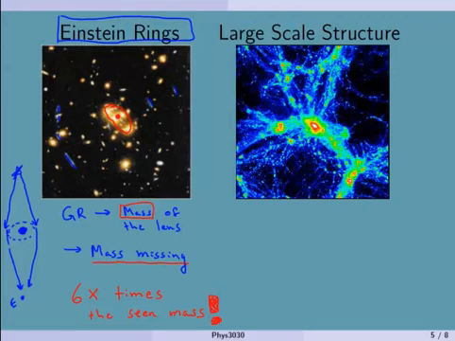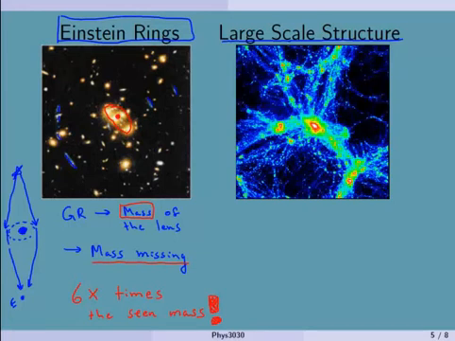Then the other sort of proof, this is done in a slightly different way, and again, proof is a funny word, right? We never really think we can prove anything 100% in science, but we certainly have lots and lots of data to point to different things. The idea of this one is if I look at the large-scale structure of the universe, this sort of looks like a set of neurons or whatever, but this is actually a picture of galaxies along some sort of cosmic web.